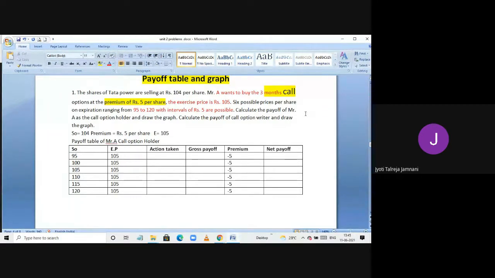So now Mr. A wants to buy the shares of Tata Power, and there are 2 prices here. That is the spot price and the exercise price. So spot price is the price which is there in the market, 95 rupees, and exercise price is the price at which he can buy from the option. So now suppose you are Mr. A, and tell me, what should Mr. A do? Should he go to the market and buy the share for 95 rupees, or should he exercise the option and buy the share for 105 rupees?